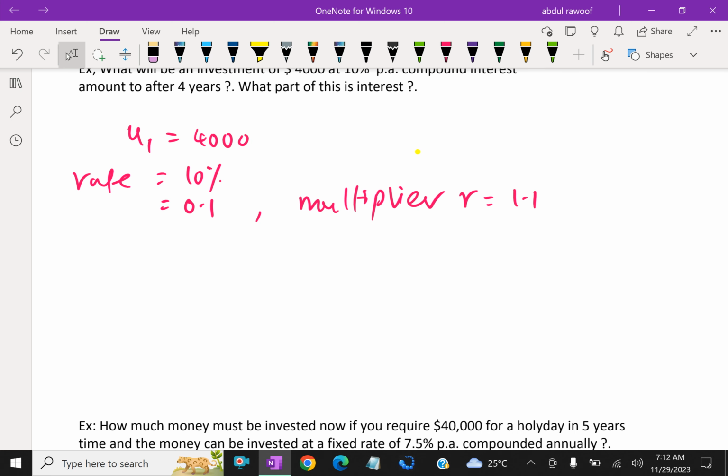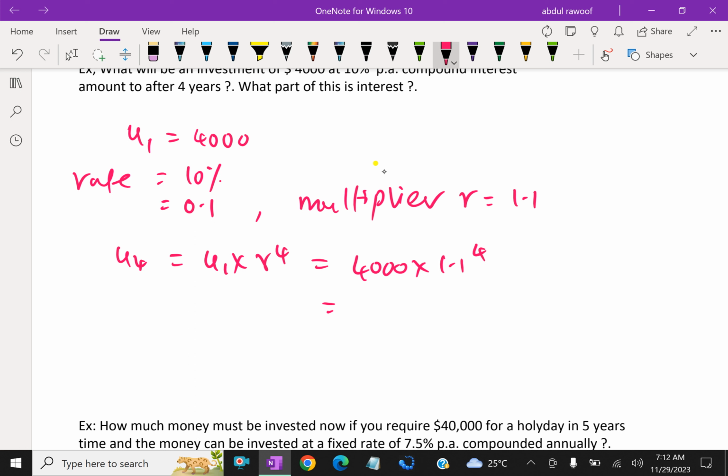Now we have to find U4. After 4 years, U4 equals, by the formula of a geometric sequence, U1 into R to the power 4, which is 4,000 into 1.1 to the power 4, which gives